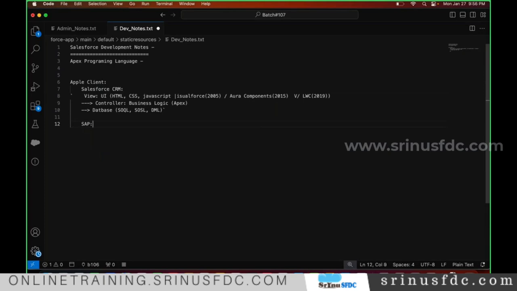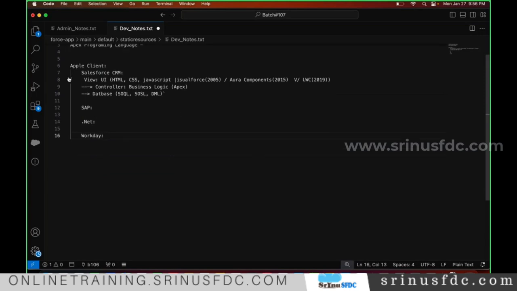So maybe for some other business module, they are also using, let's say, .NET, right? They are also using Java, like that, right? So based on the business module, they might be using different platform applications, right? Maybe for their employee management, let's say they're using Workday, right? Something like that. So when they have these different types of applications,